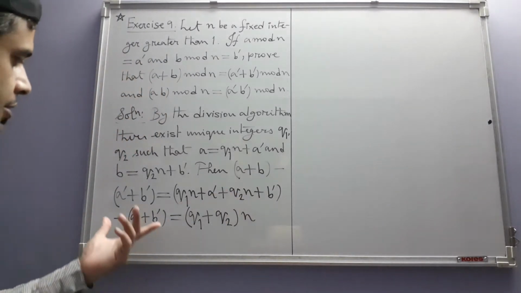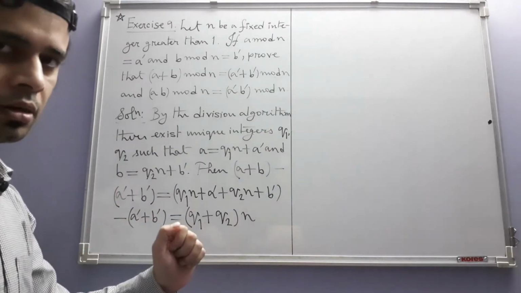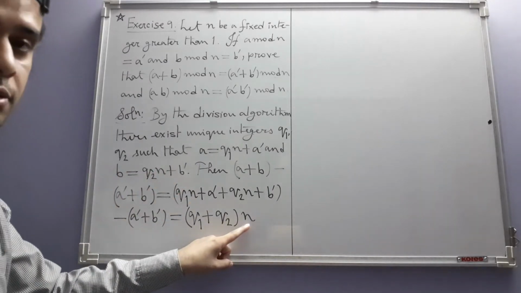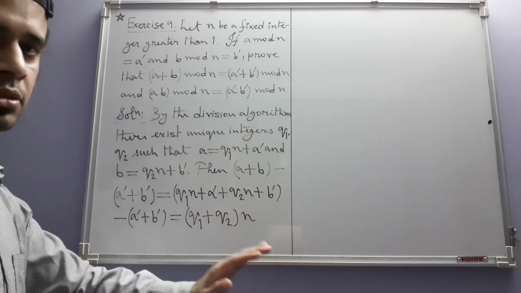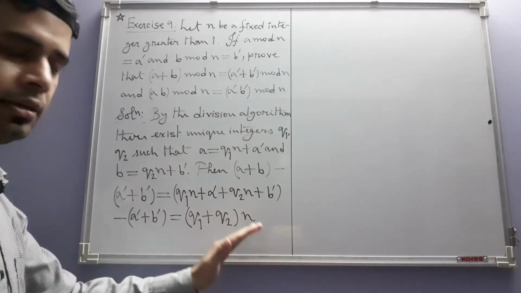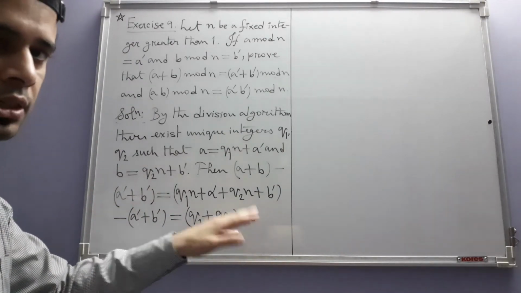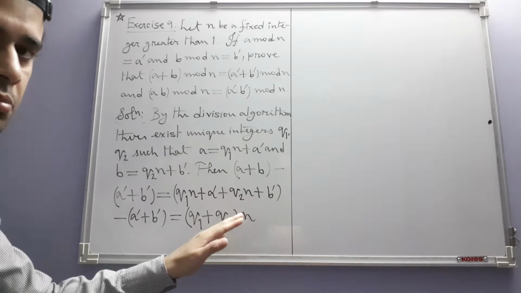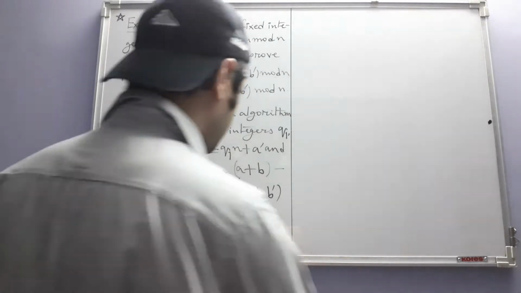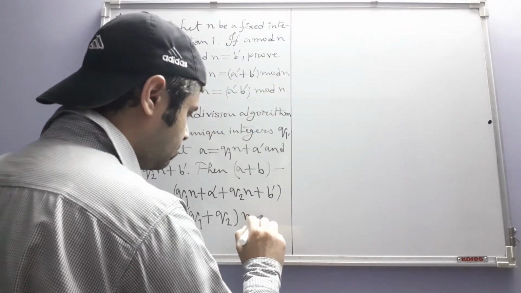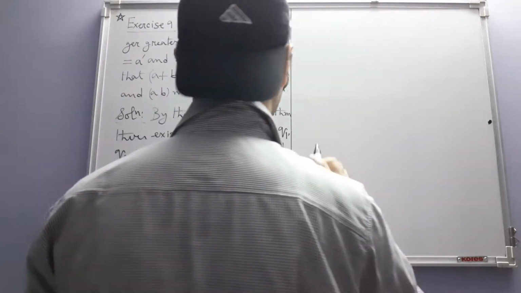So from this we can see that this difference is divisible by n because it's a multiple of n and n is non-zero. Okay, simply being a multiple of something does not tell us that that thing divides the given integer. The thing of which it is a multiple, that thing should also be non-zero for divisibility. Okay, but we don't stop here. We continue by calculating ab also at the same time.